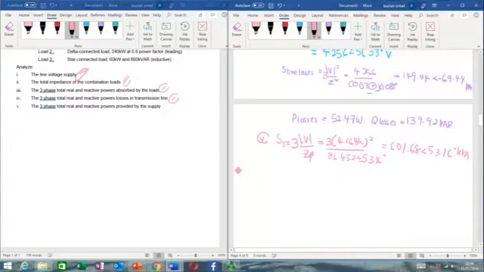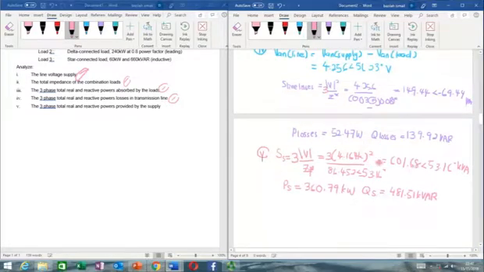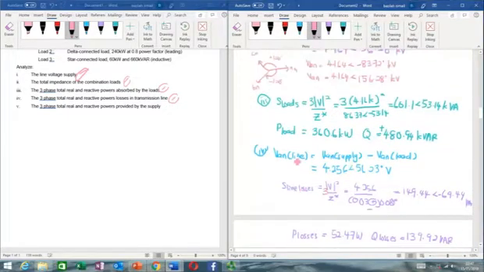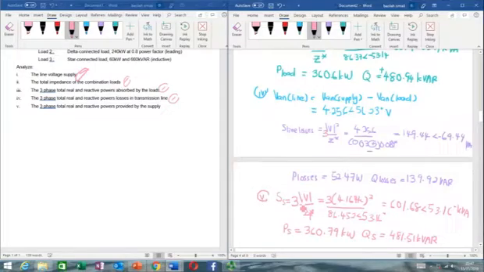kVA. Okay, so convert to polar and rectangular to calculate what is P for supply. 360.79 kilowatt, and for Q supply is positive 481.51 kvar. Okay, so you can either use this formula, this one, or you can actually, since supply should